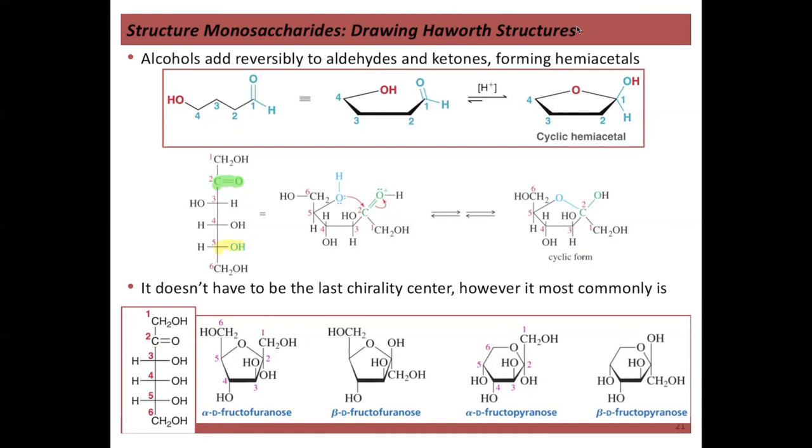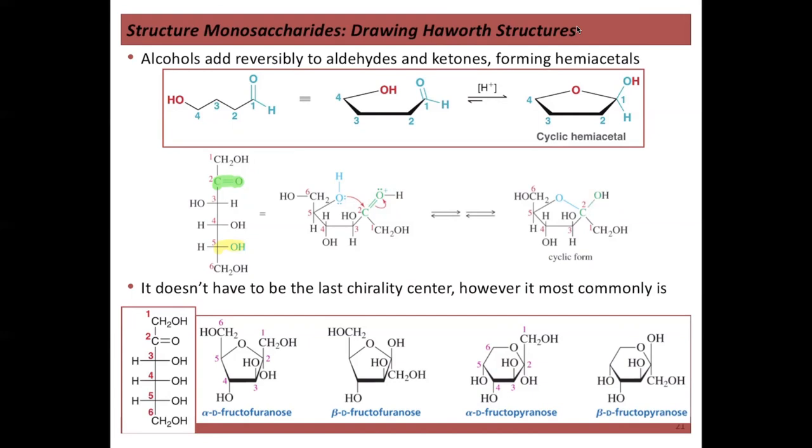So same process, we just lay this down on its side. Anything to the right is going to be pointing down, anything to the left will be pointing up. And then we take an alcohol and attack that protonated carbonyl, and it will turn into a cyclic